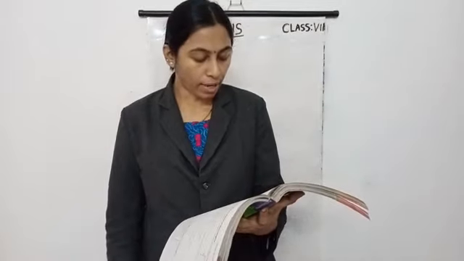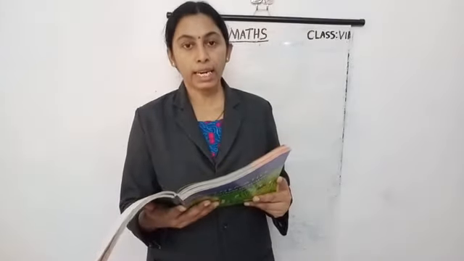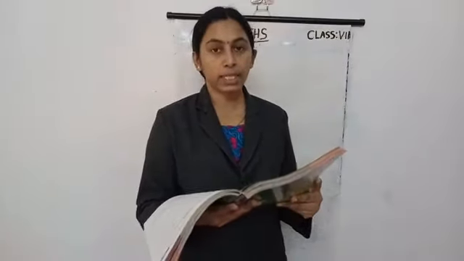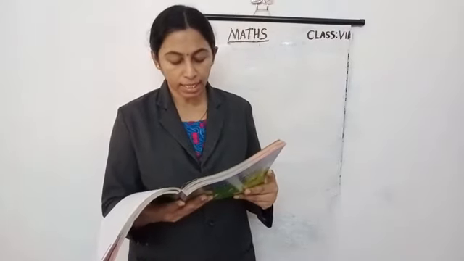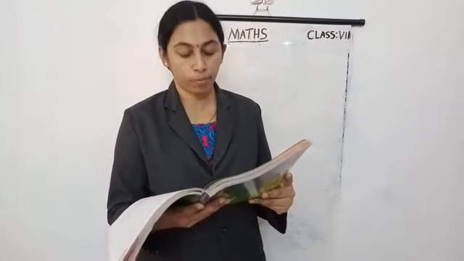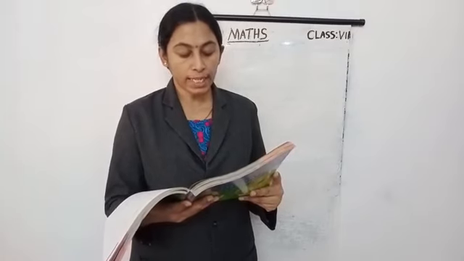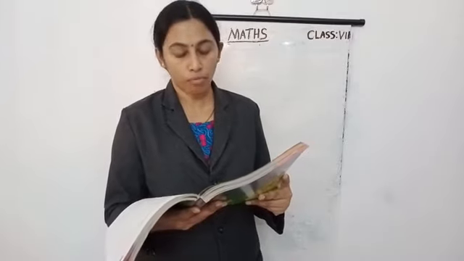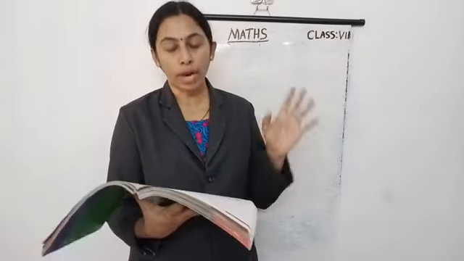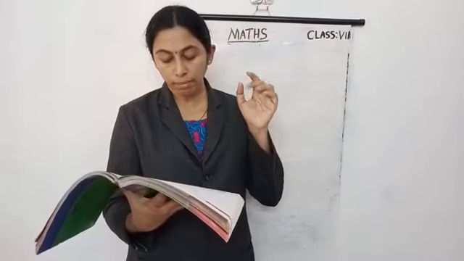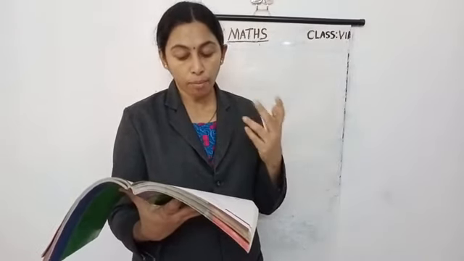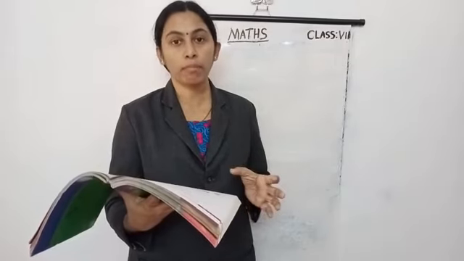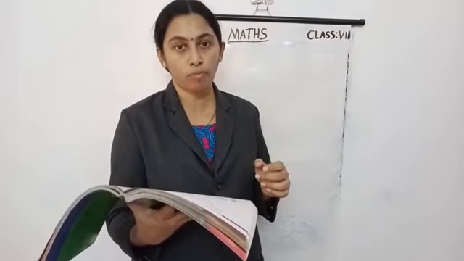Next, question 7. The perimeter of a rectangle is 130 centimeter. If the breadth of the rectangle is 30 centimeter, find its length. Also find the area of the rectangle. This question uses the same method as question number 4. So this is for homework. Perimeter is given as 130. Then breadth is given. In question number 4, length is given. The same method, both have the same method. So question number 7 is for homework.